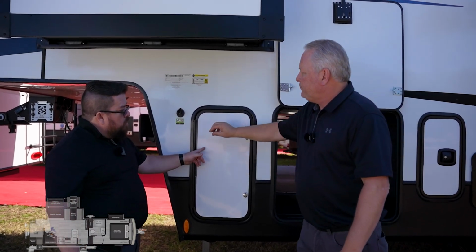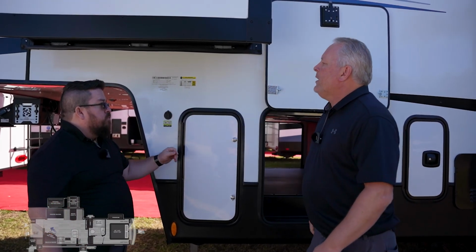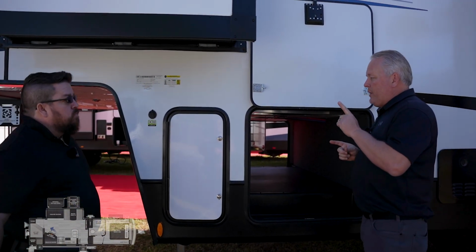Now the propane compartment, can this fit up to a 40-pound propane tank or is it 30 only? It can fit up to a 40. Perfect. One other thing I want to touch on,